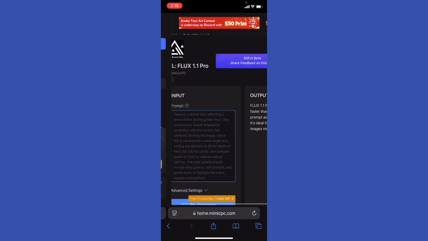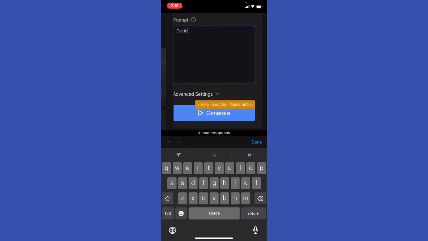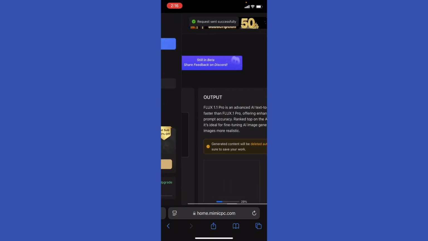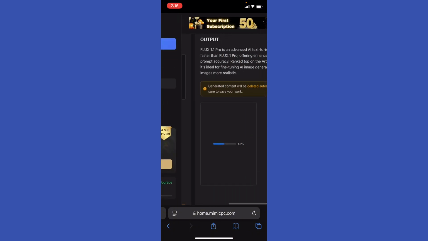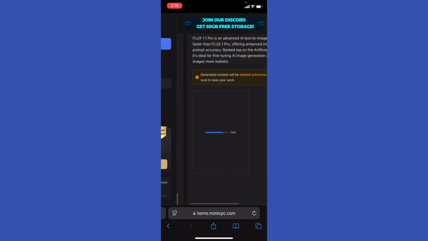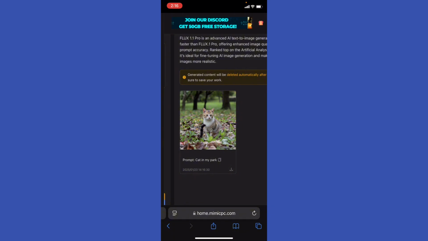And I'm gonna play around and just type some, be as detailed as possible. In my case, I'm gonna just type cat in a park, in my park, right? And then hit generate right here. And of course, you're gonna wait for a few moments until they generate the image, right? This is experimental, but for you, you can just be as detailed as possible, okay? So after we wait, as you can see right here, you can download the image if you liked it,